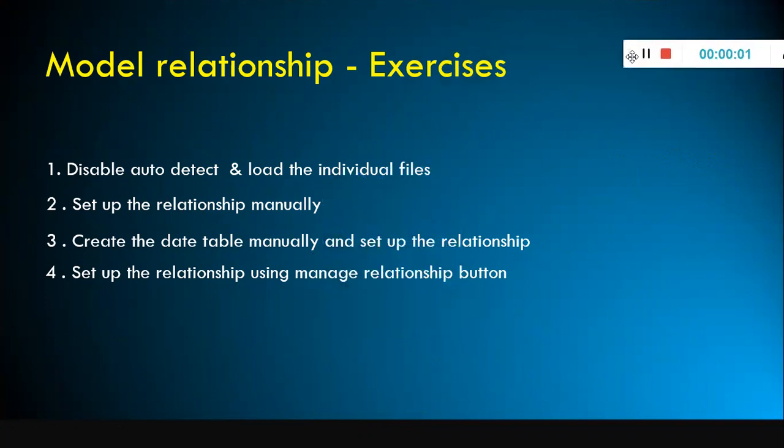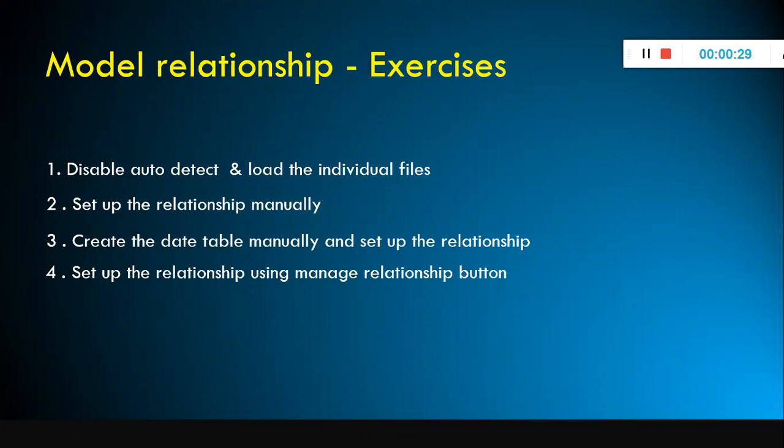Next, we will head back to the Power BI tool, where we will load all the tables. We have a couple of files. We will load them there, and then we will create the relationship. In Power BI, when you load more than one file, it automatically detects the relationship between the tables. You don't have to create the relationship between the tables explicitly.